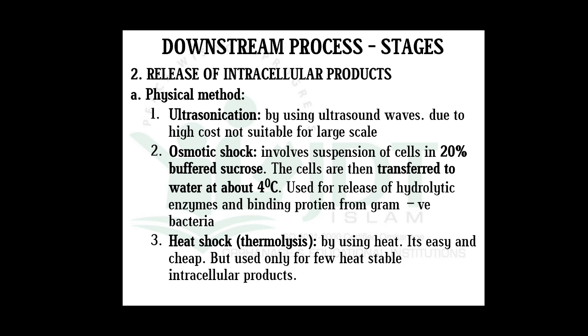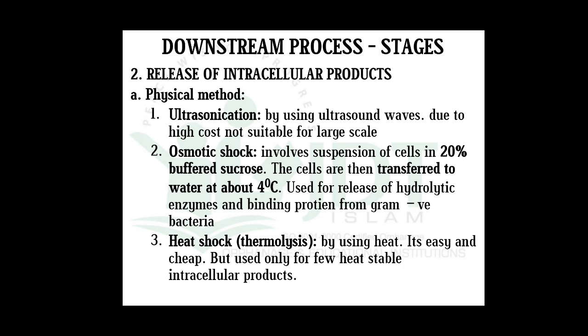Now coming to the first method, the physical method, it can be done by ultrasonication, using ultrasound waves, but the cost of ultrasonication is very high, so it is practically not used in fermentation processes for industrial purposes. The second one is osmotic shock, in which the suspension of cells in 20 percent